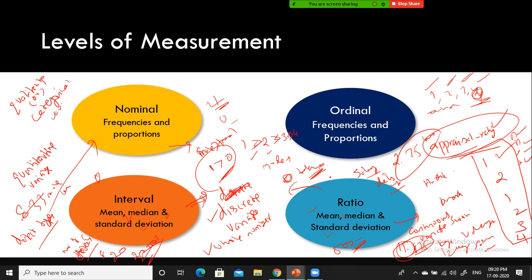Right? So in the case of ratio, if you say 0, the 0 indicates the absence of the quantity. Let's say we sold 0 quantity. That means we did not sell any item. So absence, right? The 0 money indicates the absence of money. We don't have money. But when it comes to interval, the 0 has some meaning in it.